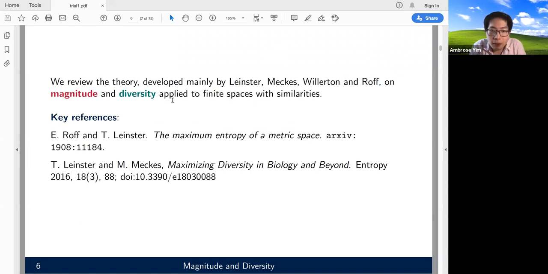And for most of this talk, I'll be reviewing the theory behind this, and this is a very deep mathematical theory with many connections to different fields in pure mathematics, but actually it has a very applied mathematics motivation as well, and we could really apply this mathematics to understand the questions that we might be interested in. So here are some key references if you want to go and look at that topic yourself.